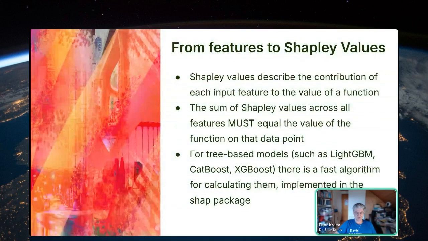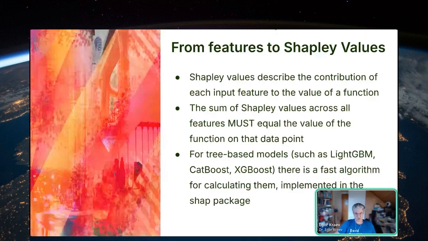So first of all, let me briefly introduce to you the Shapley values. The Shapley values are a way for any kind of function, in our case a regression model or classification model, to describe the contribution of each feature. Their wonderfulness is in the fact that they're additive, because generally there's quite a lot of interaction between the features. In any nonlinear model, by definition, the impact of one feature will depend on the values of the others. But Shapley values are a mathematically rigorous way to additively decompose any value of the function into contributions of the